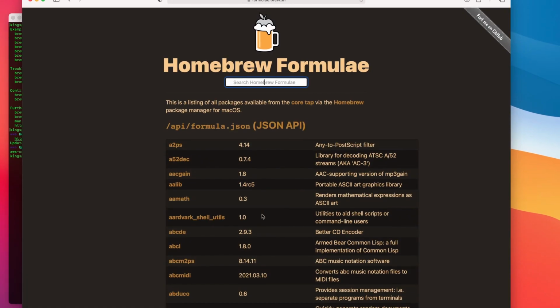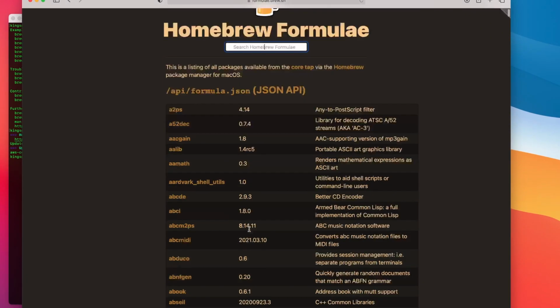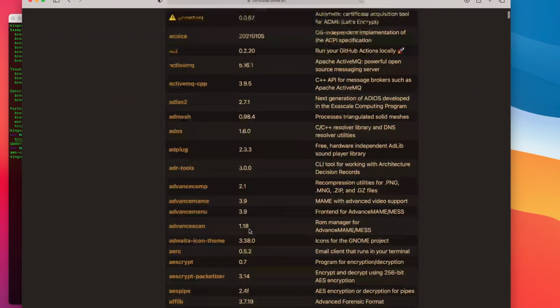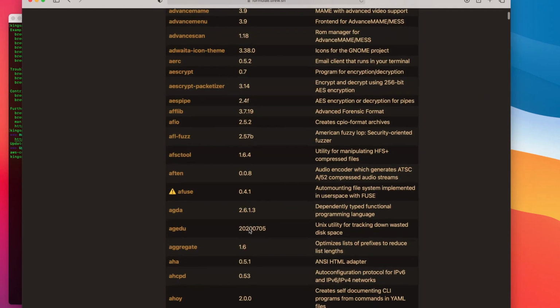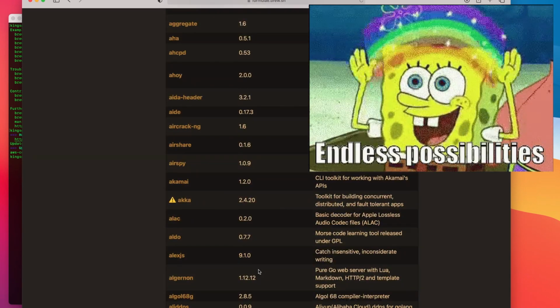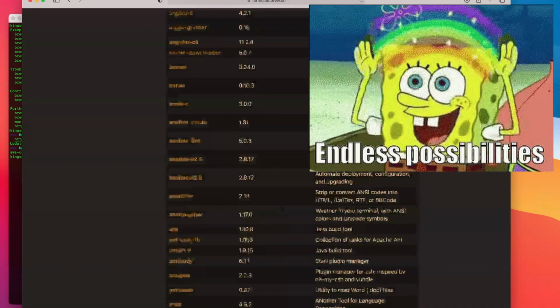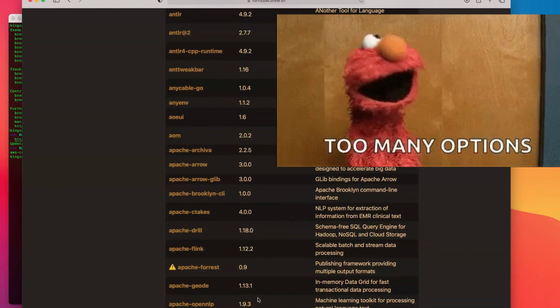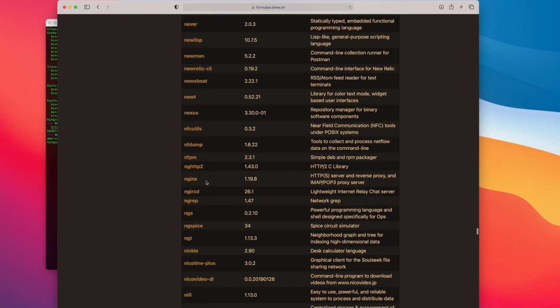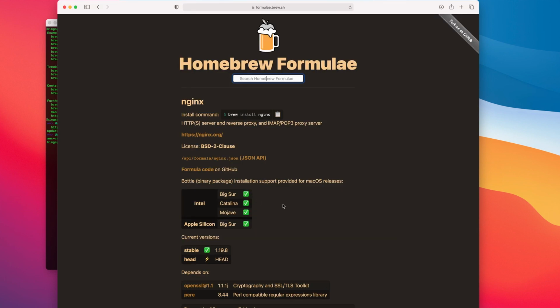Great. So just a quick thing, Homebrew has a lot of packages which you could use to do all kinds of stuff. It's just a whole ton of stuff. Some of these things you might know of, they might make your life easier. I have no clue what all these stuff are. And here we have nginx, which you can install from brew. However,